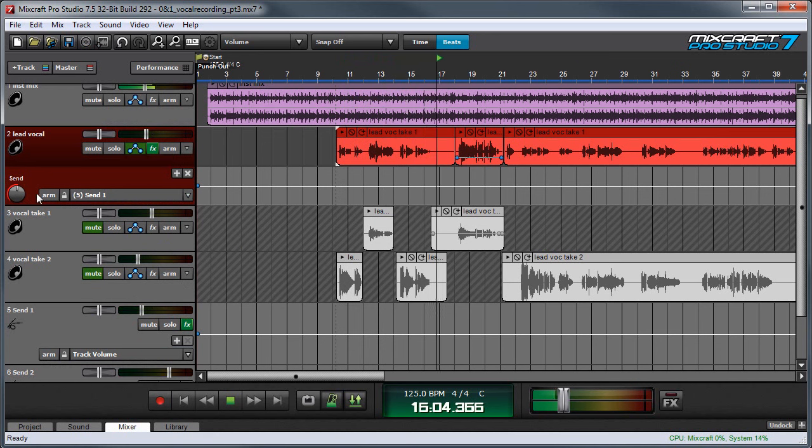Now, the send track is what we call post fader. And what that means is if I turn down this fader over here, it affects how much is going to the send over here. So this works out pretty well because if I adjust the volume of our vocal track, the amount of the send track, i.e. the amount of chorus, will adjust proportionally with the volume here, which is really handy. So